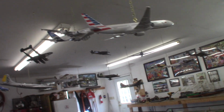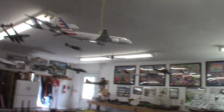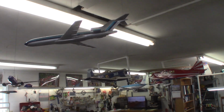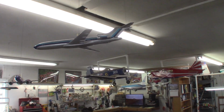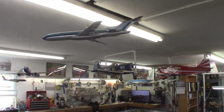There's my American Airlines plane. I don't know which one that is. It tells you on the mount, but I don't see on there what that one is. There, let me think. That is an Eastern Airlines. That's an old one. I think that's got all 3 engines in the back. That was a popular plane. I think that was the